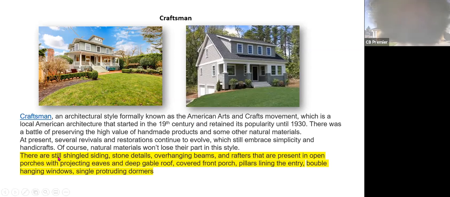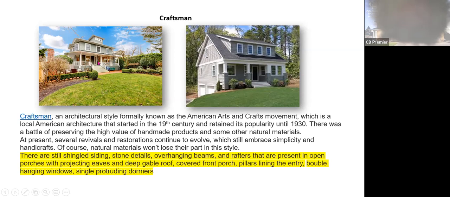But the things that help denote it, they usually have some kind of shingled siding. I know a lot of them have been resided and have clapboard on it now, but some of them will have stone. A lot of them will have a porch and overhanging eaves. Can you see my arrow? Like how this overlaps outside. It's not flush, it overlaps the eaves and stuff. It usually has a little bit deeper gabled roof,